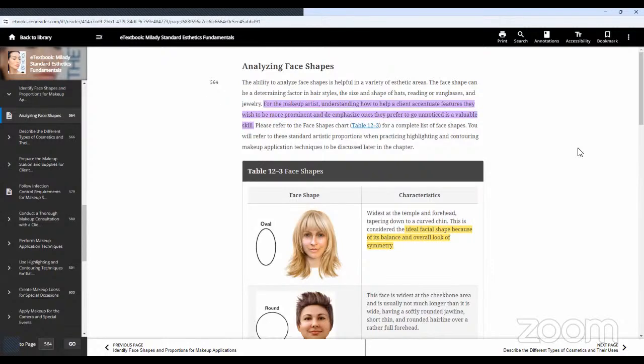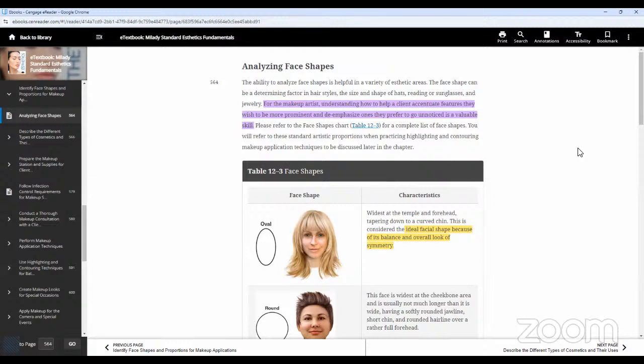For the makeup artist, understanding how to help a client accentuate features they wish to be more prominent, features on their face they want to stand out, and de-emphasize features that they want to minimize,